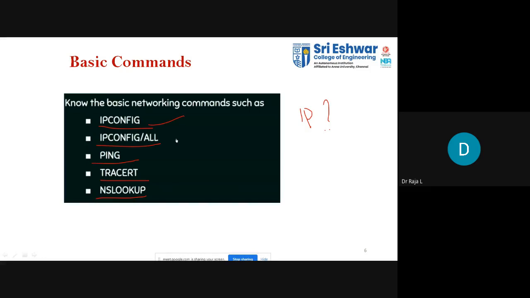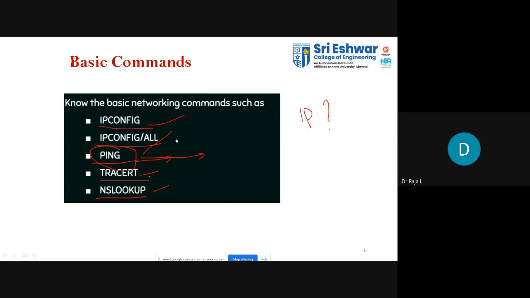So we make use of the IP address, how to identify the IP address, and how we are going to configure the IP address. Those things we'll be discussing. Then the command ipconfig /all, we'll be using that one. Then ping and traceroute. Ping is normally used for communication. If you want to know whether your neighbor is active or not, we'll be using the ping command. We'll get the response, and this is also used to check whether the server or the remote network is available or not.